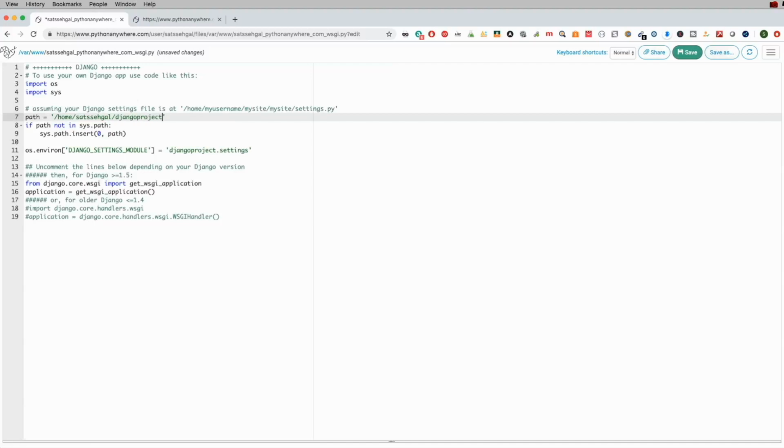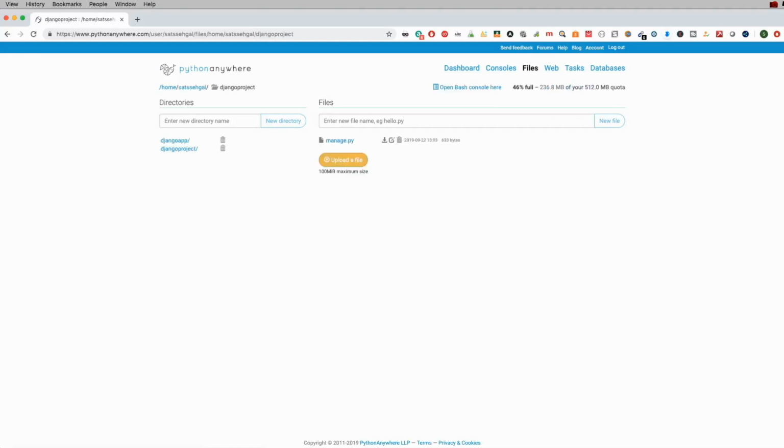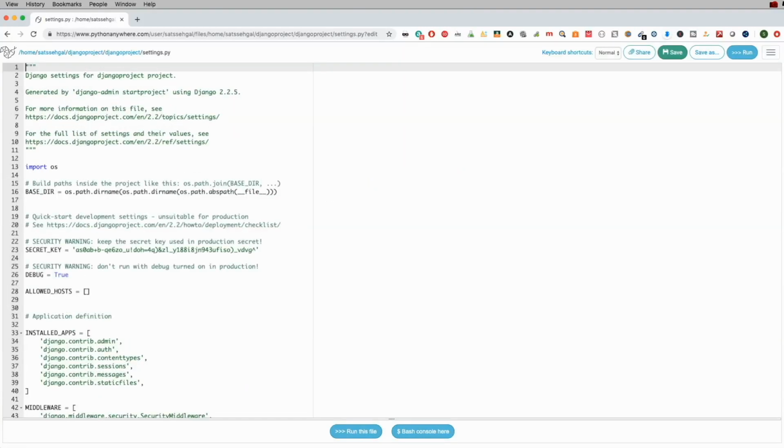And then the last piece that we're going to do, and I'm actually going to show you where everything resides. You're going to go down to Files, and select your project folder here, which we called django_project. This is where your Django app and your Django project files are. So you're going to go into your project folder. This has the exact same setup as you would on your desktop: settings.py, urls, wsgi, and so forth. We're going to go into settings.py, and under ALLOWED_HOSTS,